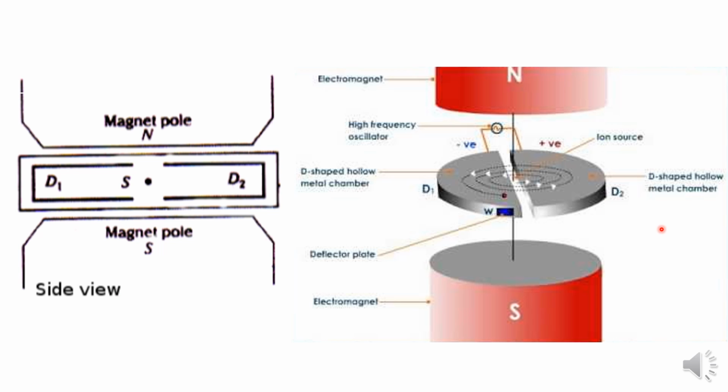Now this diagram shows the side view of the cyclotron. Now here, this is nothing but the circular chamber. These are the Ds, and at the center we have a source, and this chamber is placed in between the two poles of an electromagnet. Okay, look at the positions. The magnetic field direction is perpendicular to the chamber. So this is another picture of a cyclotron.